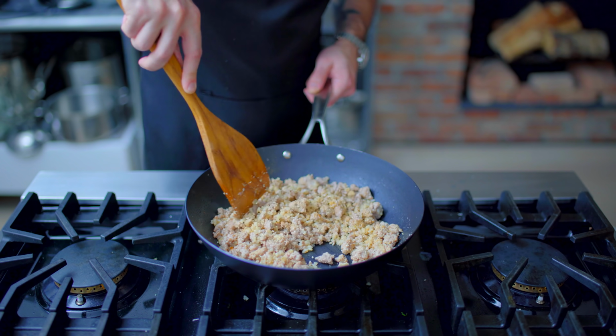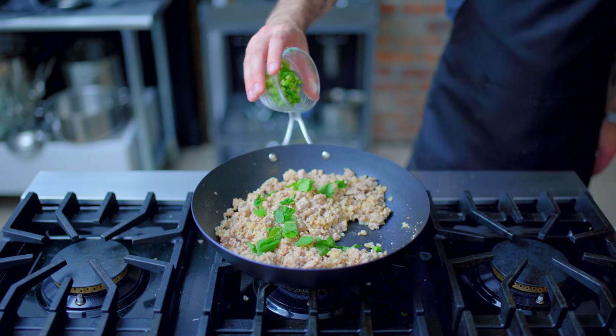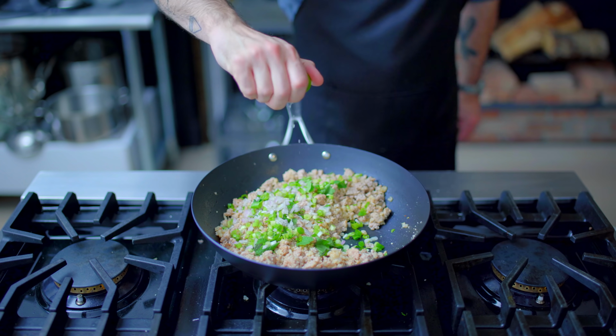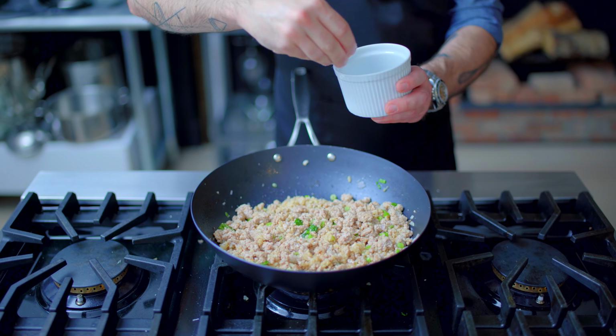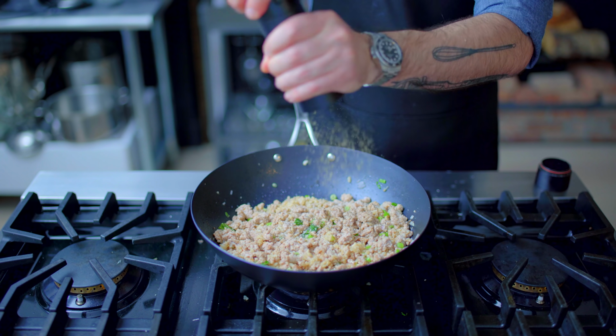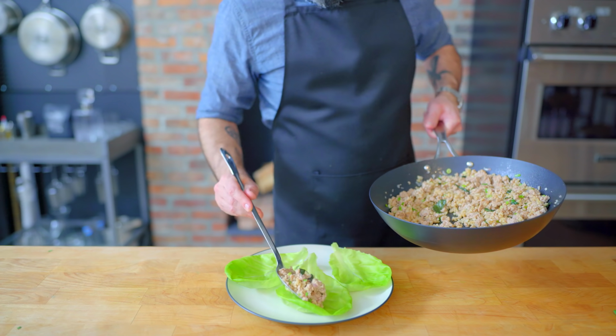Give everybody a little mix together, and then we're going to add 5 or 6 large freshly torn mint leaves, 2 large scallions and 1 small shallot thinly sliced, the juice of 1 to 2 limes depending on how limey you like it, and of course season to taste with kosher salt and freshly ground pepper. Give it a taste for seasoning, add more lime if you're a lime freak like me, and serve in lettuce